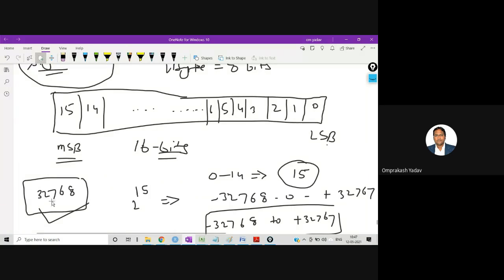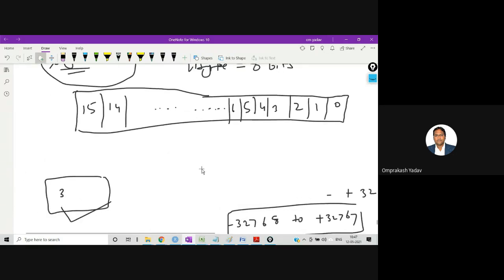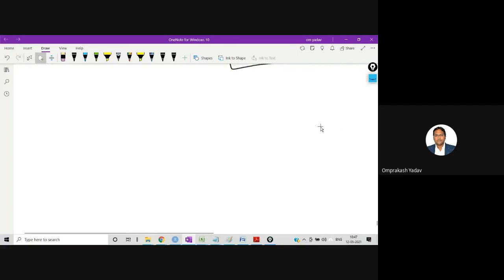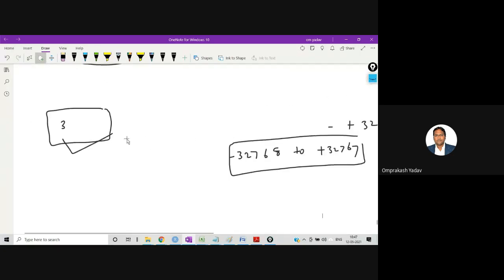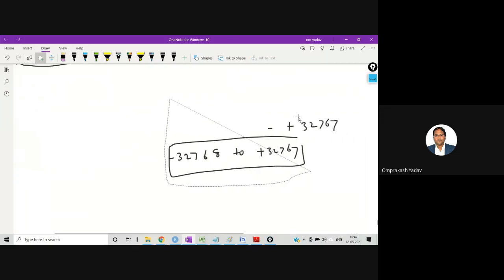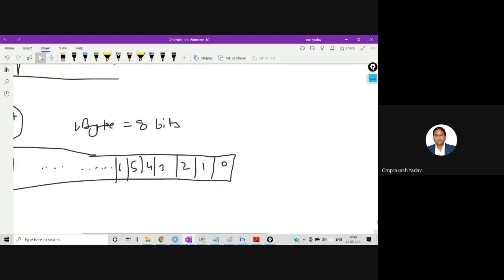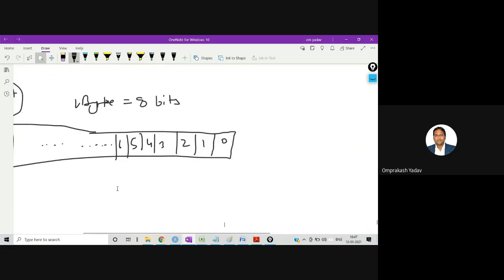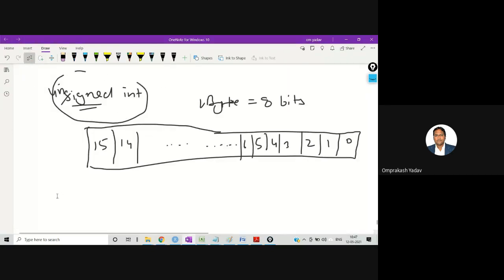So this bit will not be reserved for sign purpose.